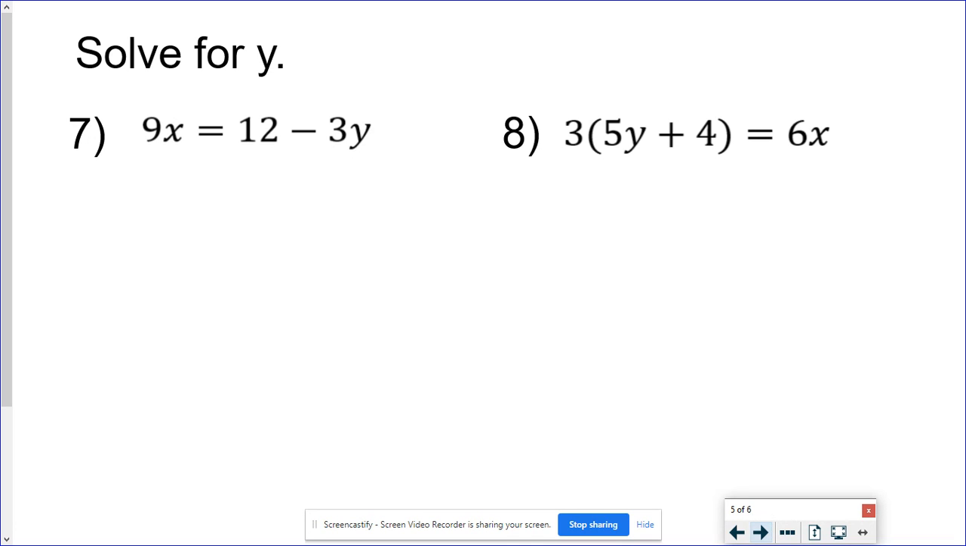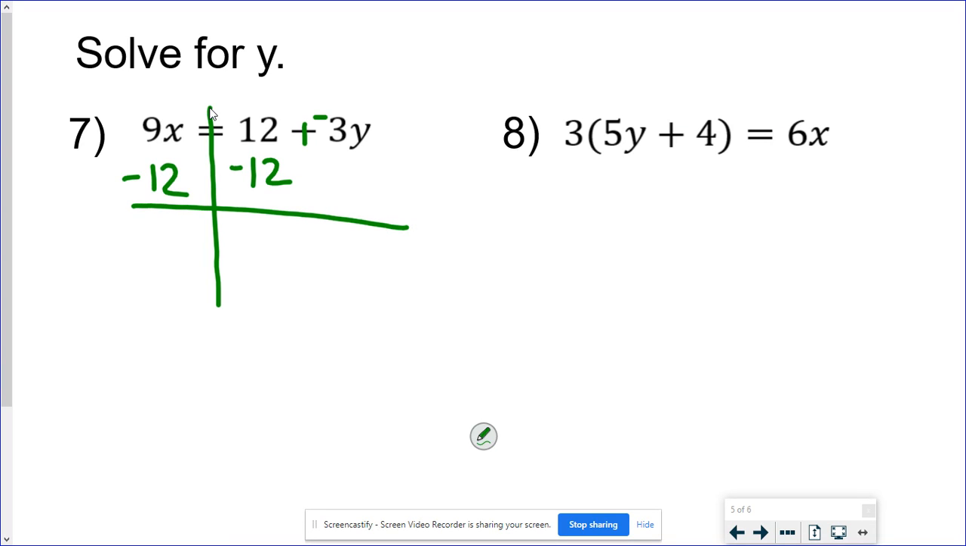In number 7, again, remember, I'm trying to get the y all by itself. I need to be careful on this one. I would do a keep, change to make sure that I can see that that's really a -3 that's with the y. And then I would want to get rid of the 12. Because again, the -3 is attached to the y. That's the last thing that's going to go away. So I have to get rid of adding 12, so I would subtract 12 from both sides. So I'll have 9x minus 12